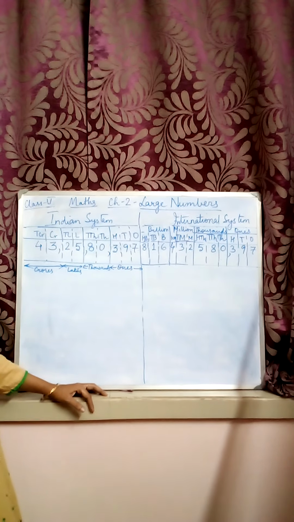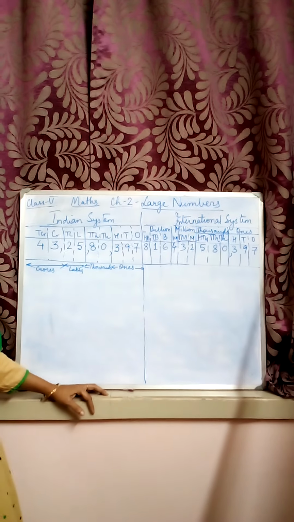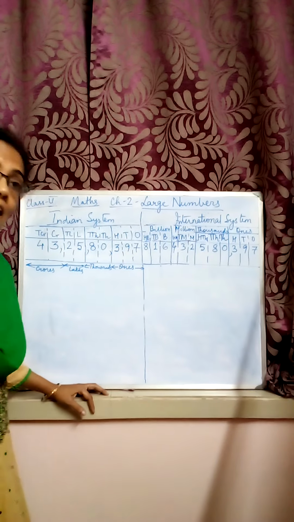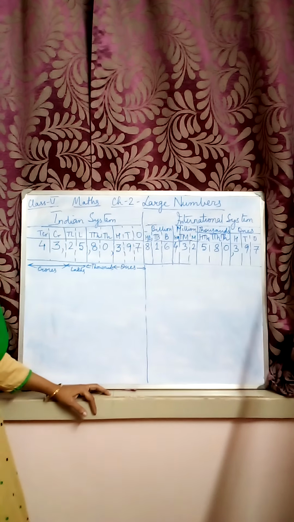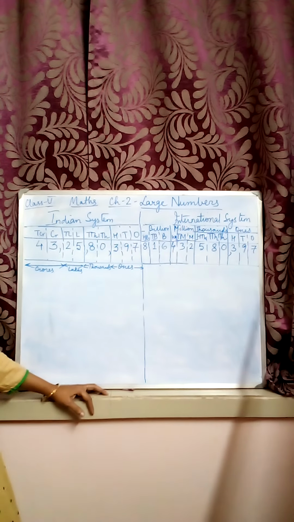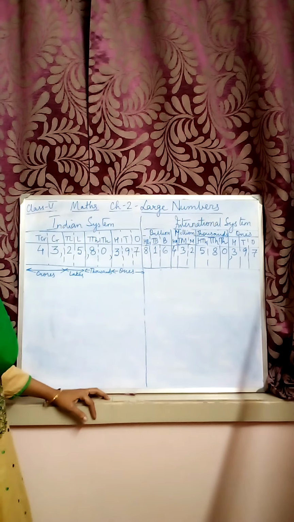Similarly, if you are writing a large number, and I ask you to find out the place of a digit in the particular number, how will you specify that digit? For that purpose only, the naming of the digits or naming of the number is given as per the Indian and international system. In the Indian system, the naming is done as per